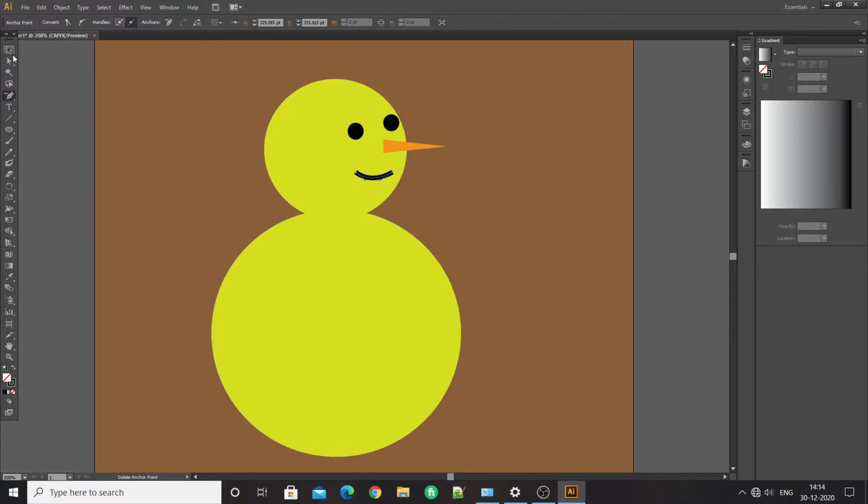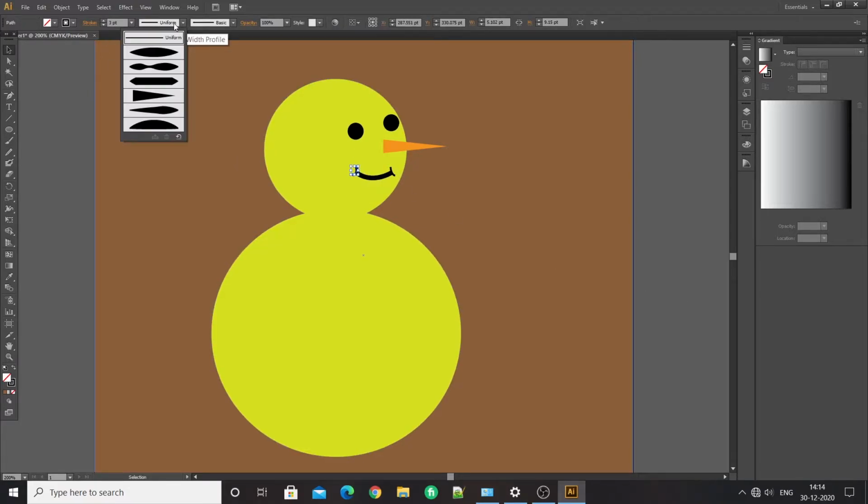I'll be adding a little more detail like this. Then we will smooth it with the smooth tool.